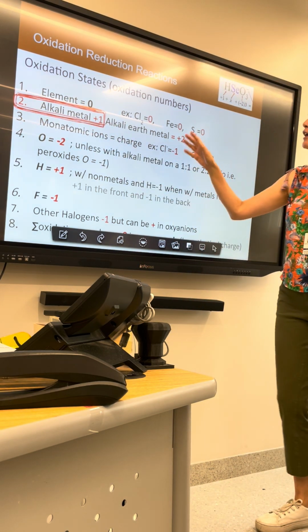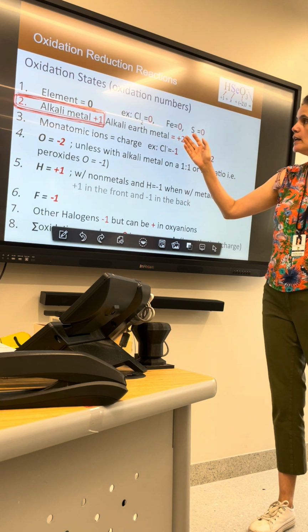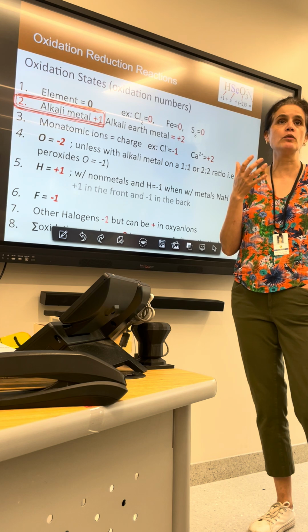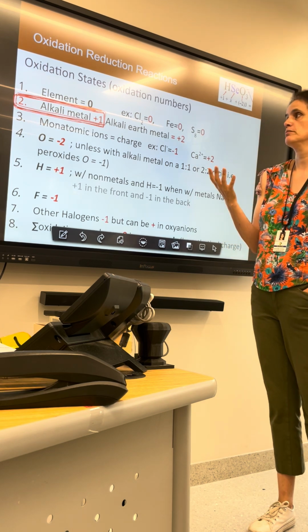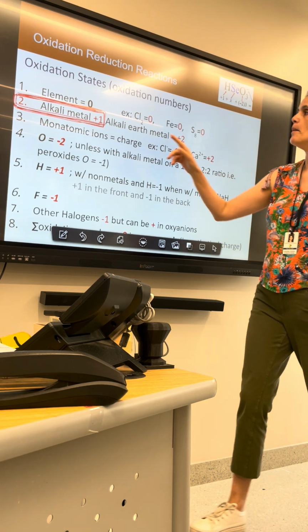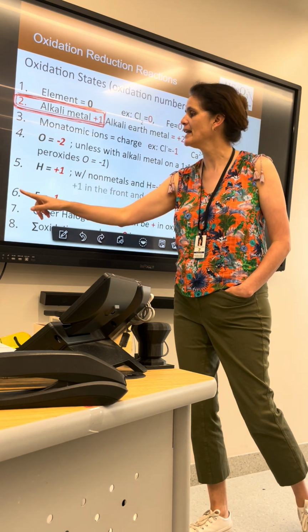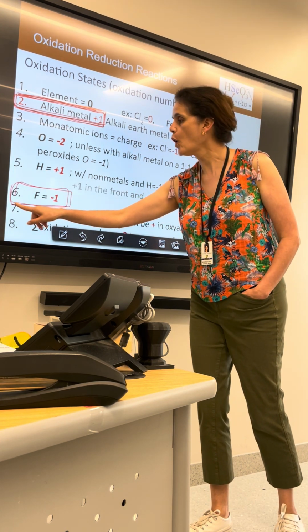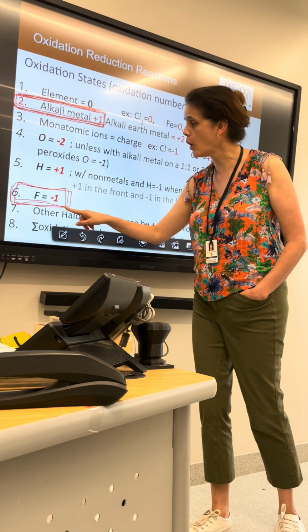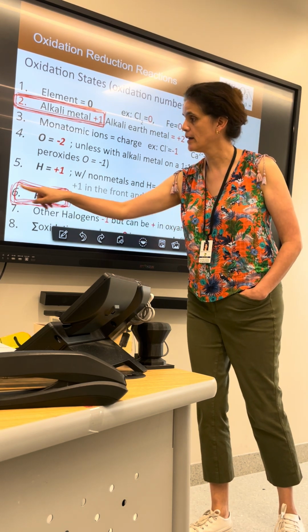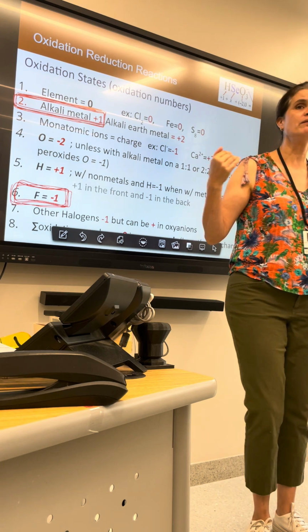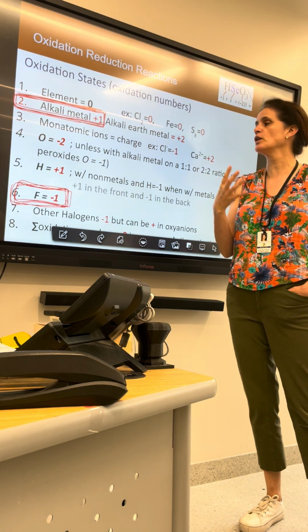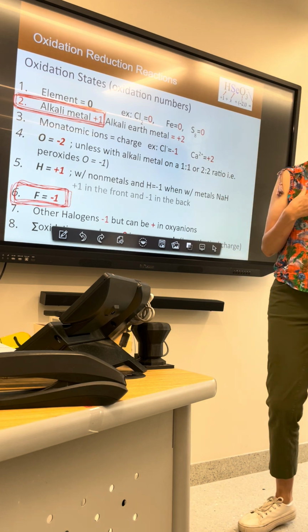Alkaline earth metals, I've always seen it be +2, but it's not one of the definite rules, so maybe there is one which is something other than +2. Maybe it's a special case, I don't know. But I know for a fact these are always +1. Fluorine, the nasty one, always, always, always -1. Fluorine, no exceptions. I don't care what you combine it with, I don't care if it's oxygen or whatever, fluorine is always -1.